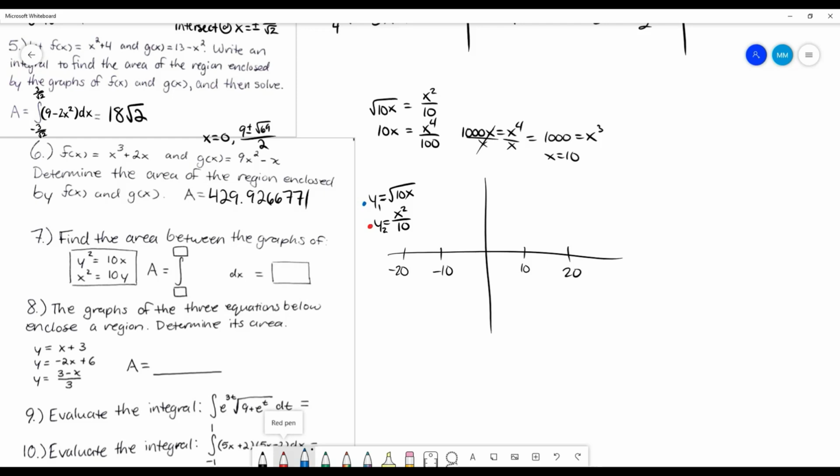If I then do my y1, if I plug in 10, that's the square root of 100, which is 10. We'll say that 10 falls about there. Well, actually, we'll make it higher. Make it 10 and maybe 20. So 10 here. Oh, sorry, wrong color. 10 here. But they should intersect at that point, so they should actually both be there. And they do. If I plug in,